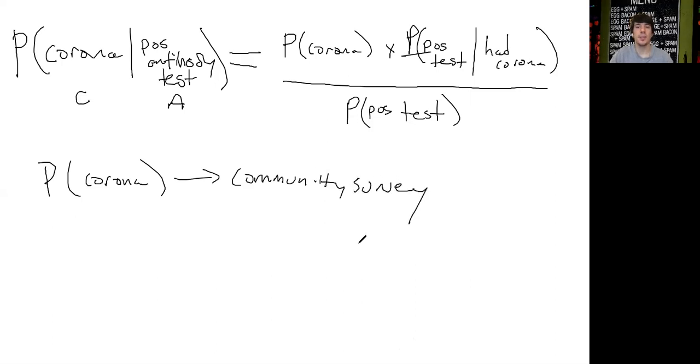So for example, suppose we do a randomized study of a bunch of the population, we might discover that in your area, 5% or 20% or whatever of the population have had coronavirus already. And so this is what's called a prior, sometimes, in Bayesian probability. And the idea is that that's sort of like what you would guess even without knowing anything about your positive